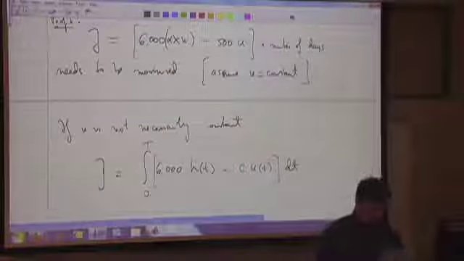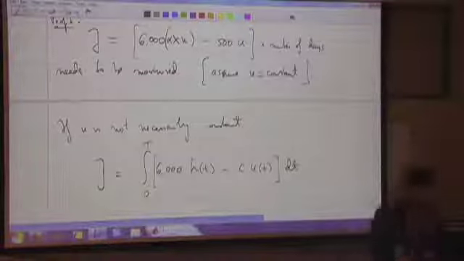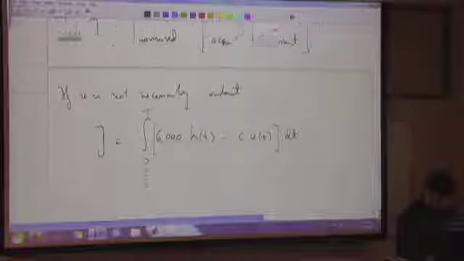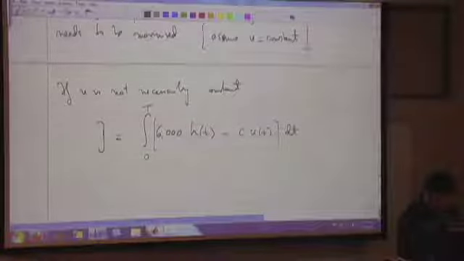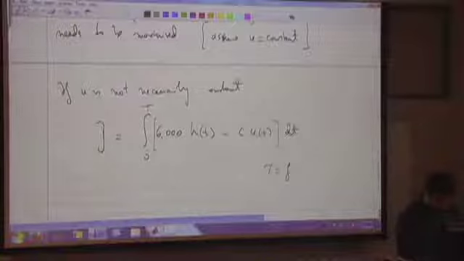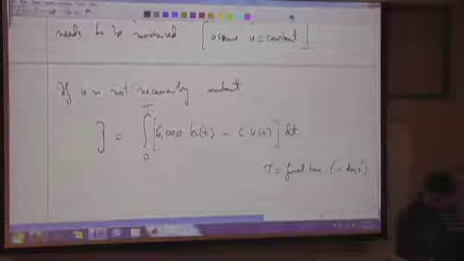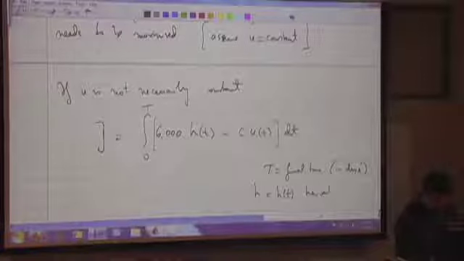Okay? So do you see the difference? So t is the final time, let's say in days, and h is the harvest rate,